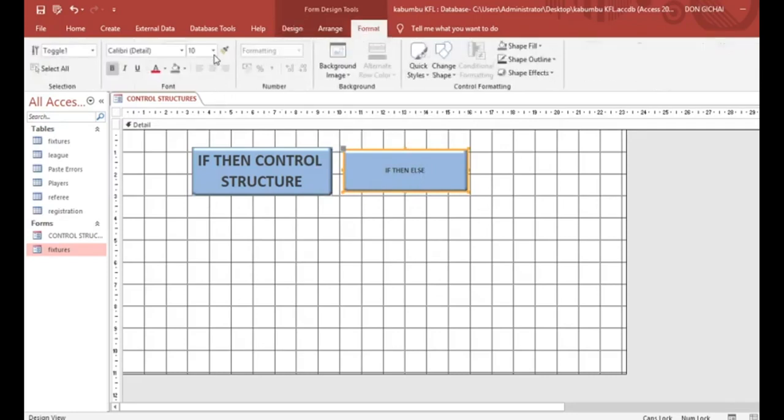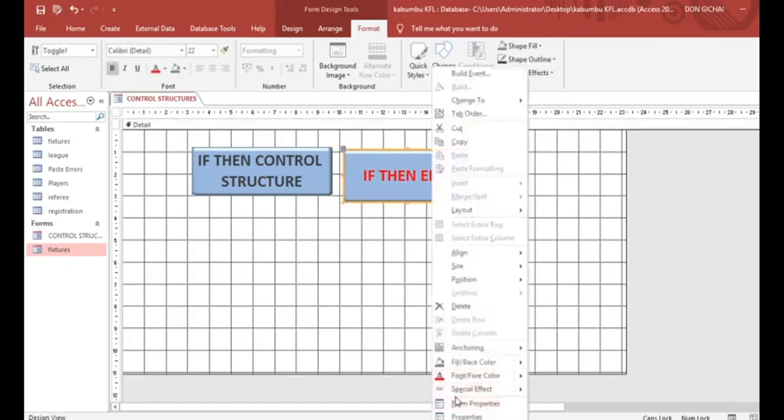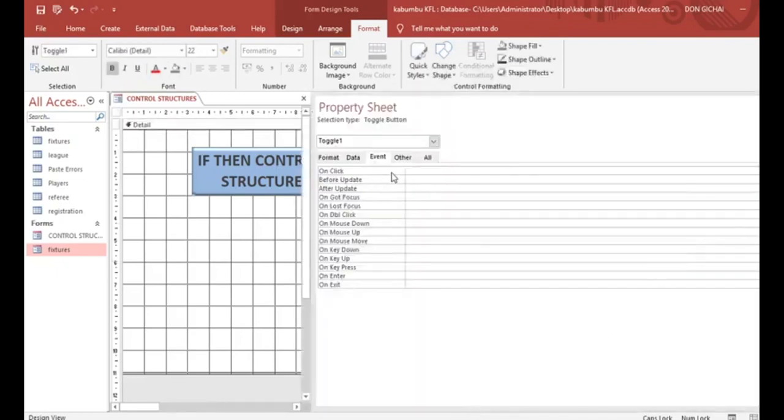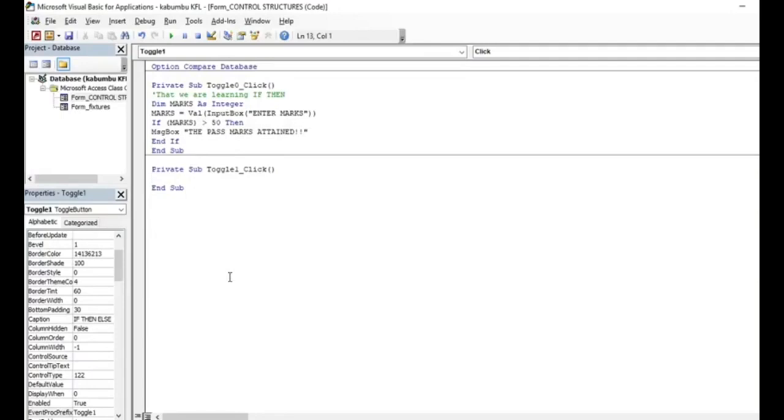Therefore we can just format that one, then bold it and give it a different color for that matter. Then you right click, you go to properties, then on click event, you select event procedure, then go to the code window. Now this time around we write our comment, this that